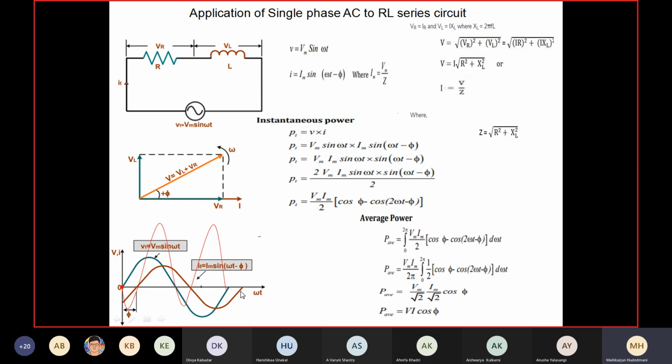Now what do you understand from this? The current wave is lagging with respect to voltage by an angle phi. Therefore, phase lag is noticed. When I studied the vector representation of in phase, phase lag and phase lead, I gave an example. In phase is observed in a resistor, phase lag is observed in an inductor, phase lead is observed in a capacitor. Therefore, you will find this as a justification for inductive circuits. So this second wave represents Im sin omega t minus phi.